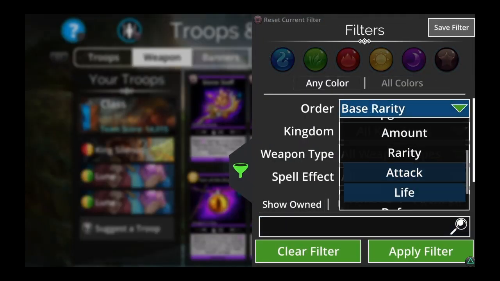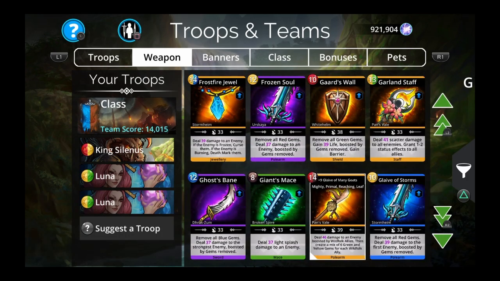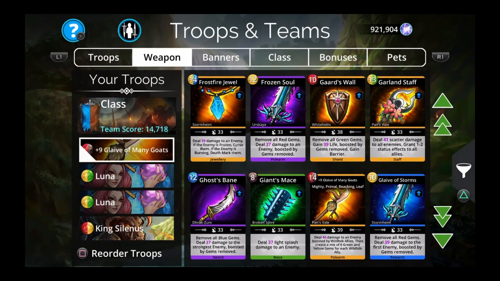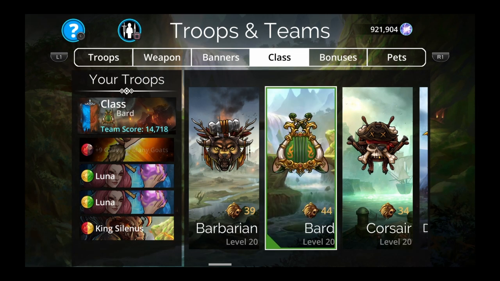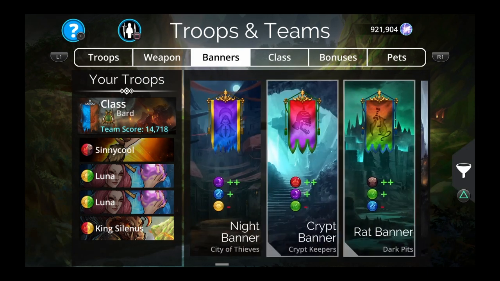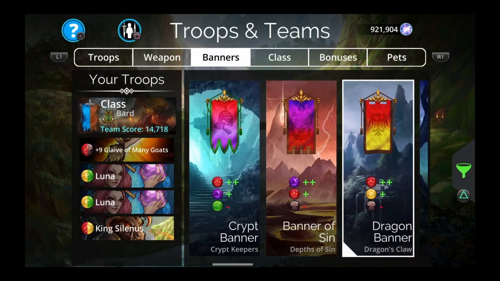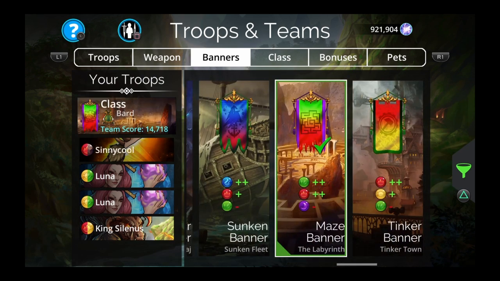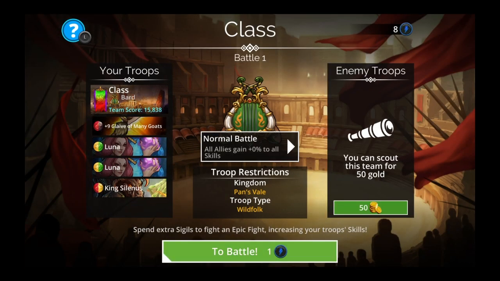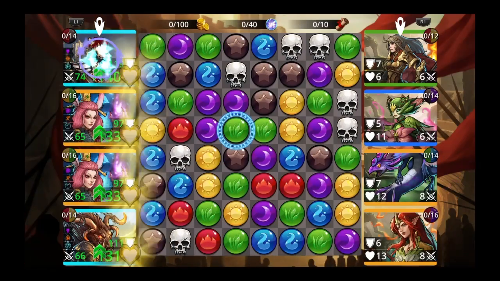For this. So, let's go to A to Z since we know what we want. We want the Glaive of Many Goats. Is it G or, yeah, Glaive of Many Goats. Put that up there, go to class, go to Bard, and I'll show you another team in a second, but it's the same thing. Like, it's teams that I've already told you this week because I was using double red, double green because the Labyrinth banner, might as well take advantage of that if we can use it, you know? Why not? Double red, double green. Pretty nice. Alright, so there we go. This was the team that I was using for the world event. I'm still using for the world event, so